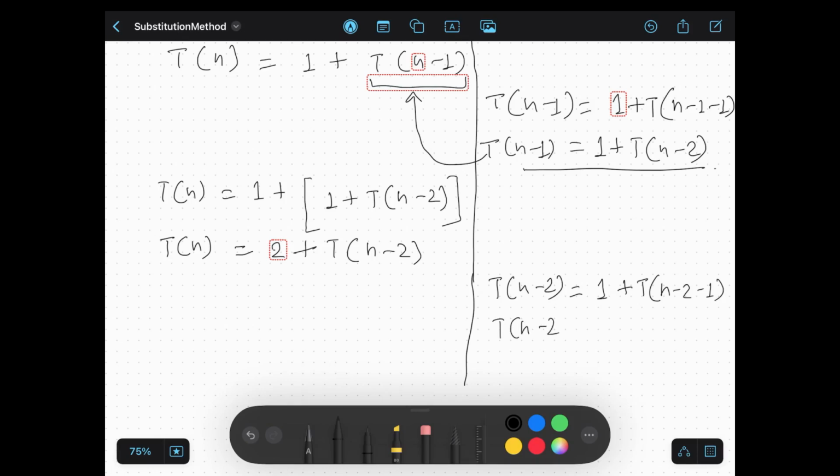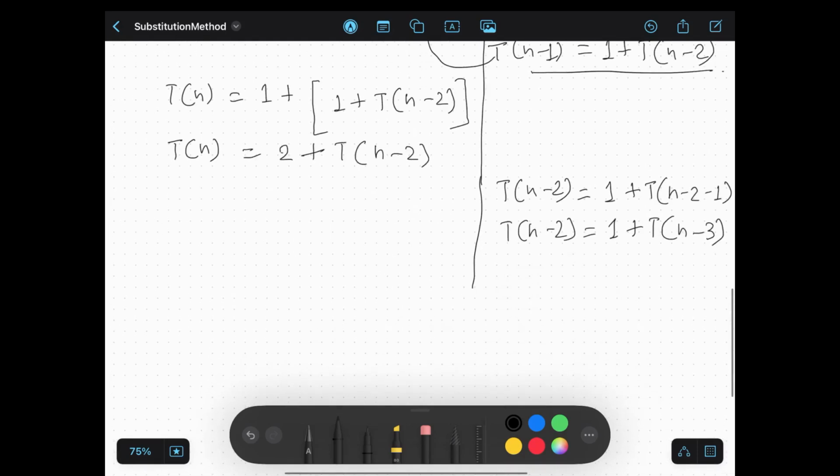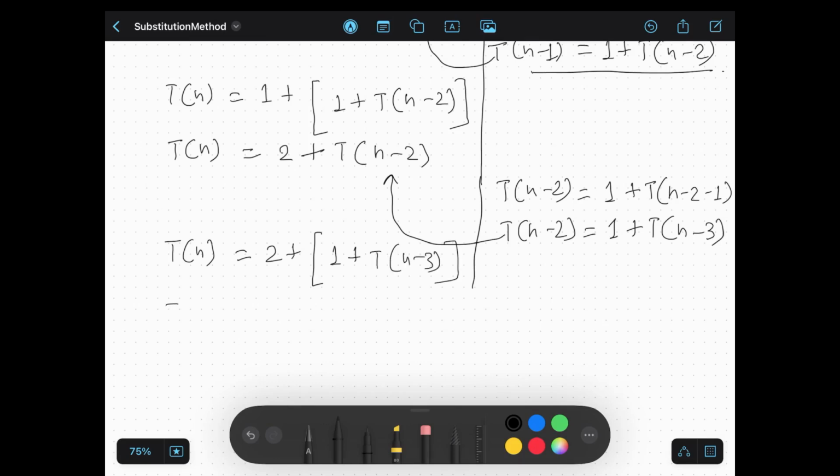So then T(n minus 2) becomes 1 plus T(n minus 3), and we are going to substitute this here. So then this becomes 2 plus 1 plus T(n minus 3), and when we open it, this will be